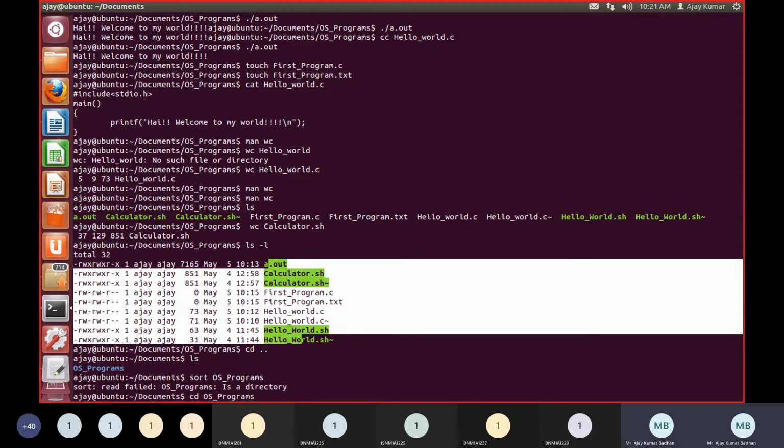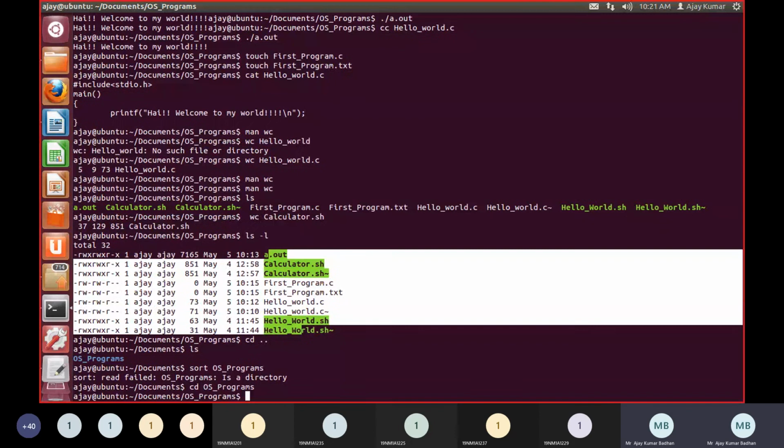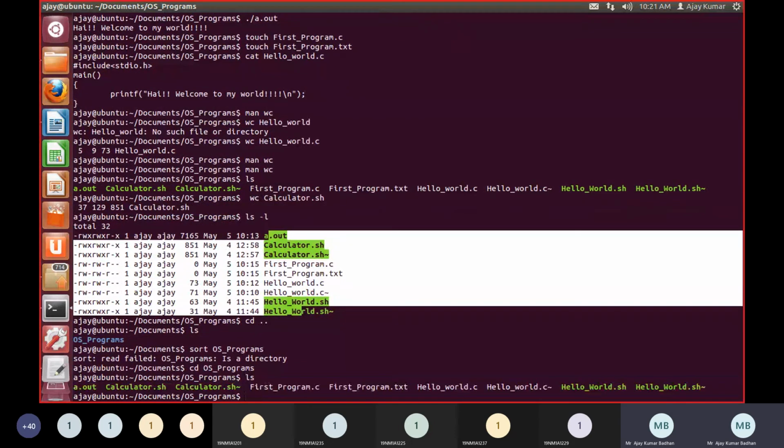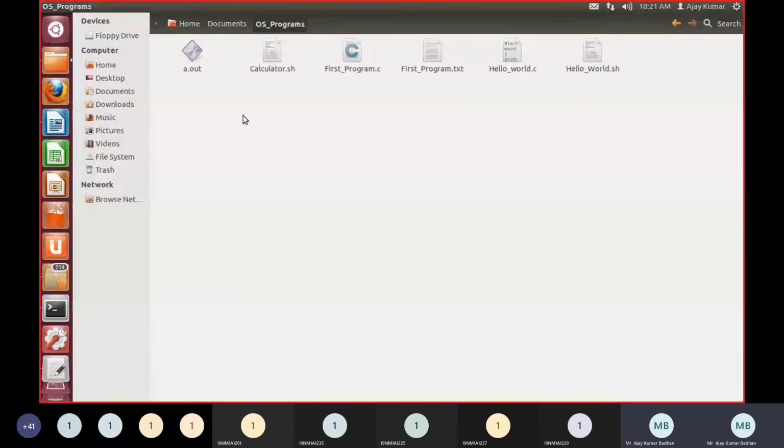cd space, I am entering into the directory. Okay, which one shall we see? First program. We did not write any data in that first. Okay, let's write some data in first underscore program dot txt. Let me write the names.